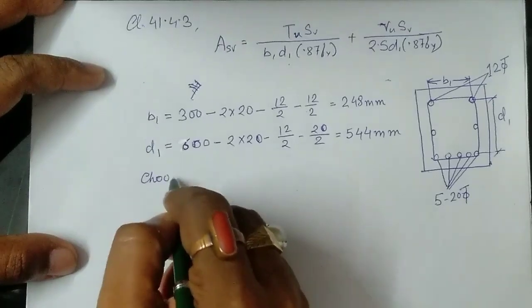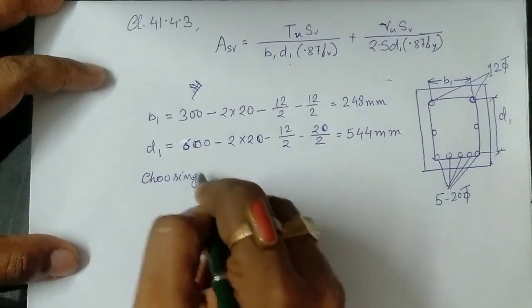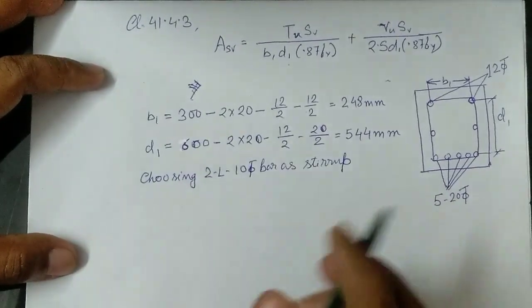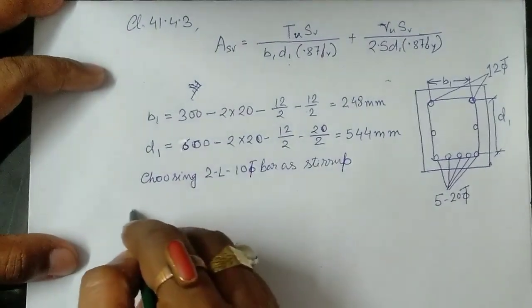Choosing two-legged Tor bar as stirrup, we have